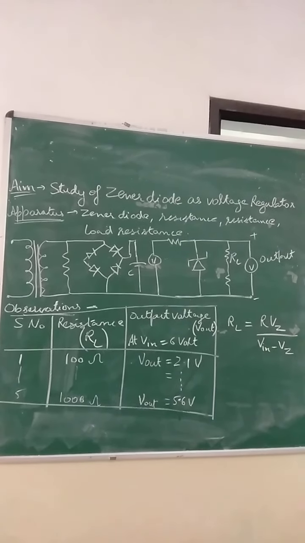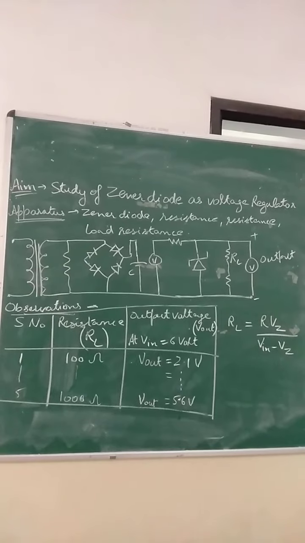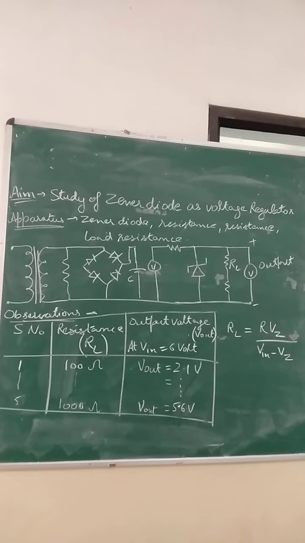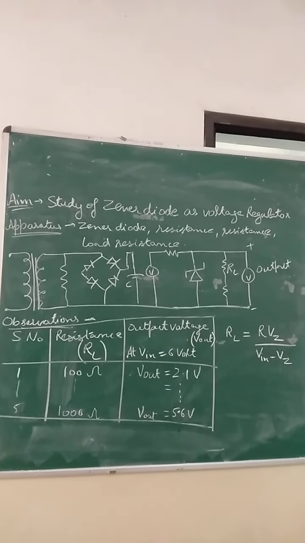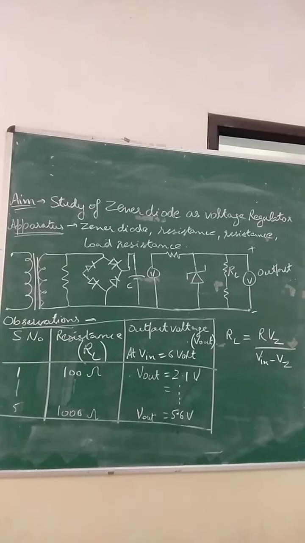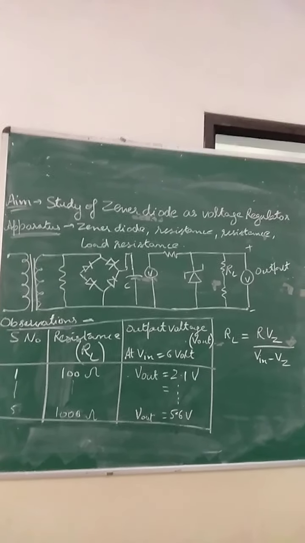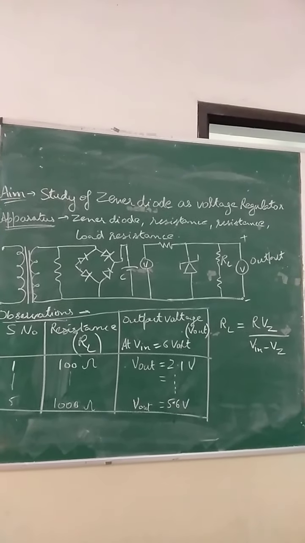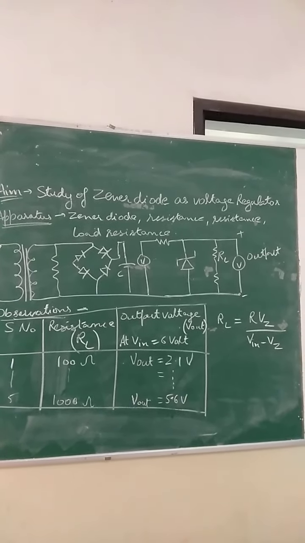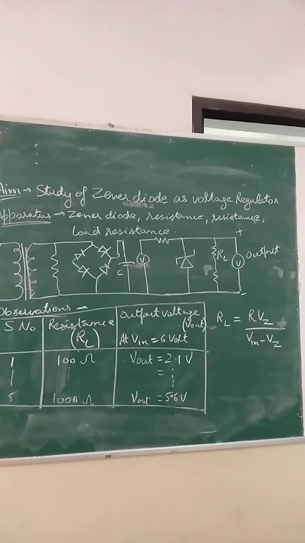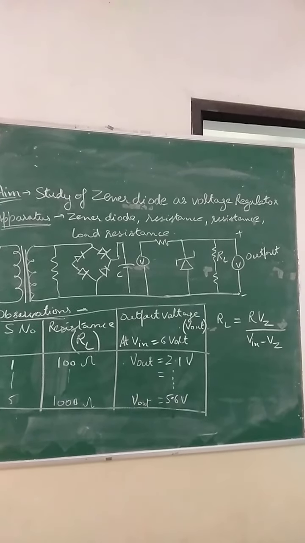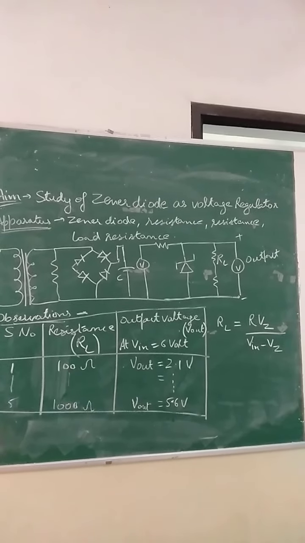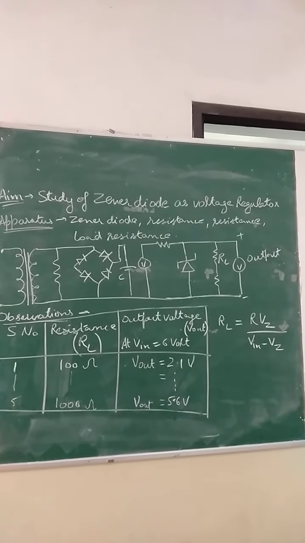And RL, here is the formula, RL is equal to the standard resistance which we have used in this circuit. VZ is the Zener diode voltage, that is output voltage obviously, and V input is there. So this is how you have to perform for the voltage stabilization in the case of Zener diode. But here V input is constant and RL means load resistance, and output voltage is in variation.